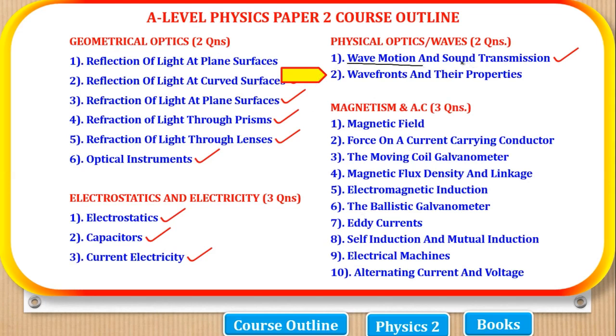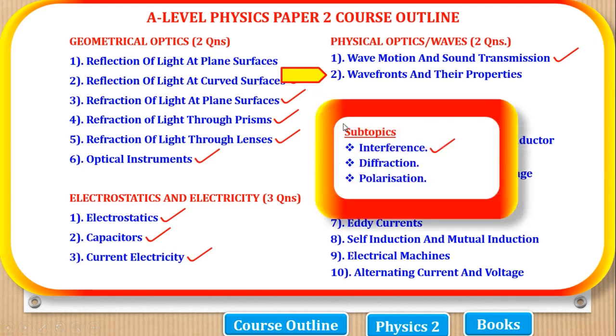Wave motion and sound transmission was completed, and now we are going to wave fronts and their properties, and there are mainly 3 properties which we are interested in. We're interested in interference, diffraction, and polarization. So in this video we are going to go through this property of